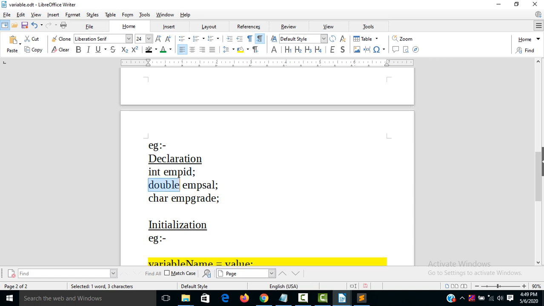Here is the double data type and employee salary is the identifier, and here is the character data type and employee grade is the identifier. So this is the declaration of a variable.